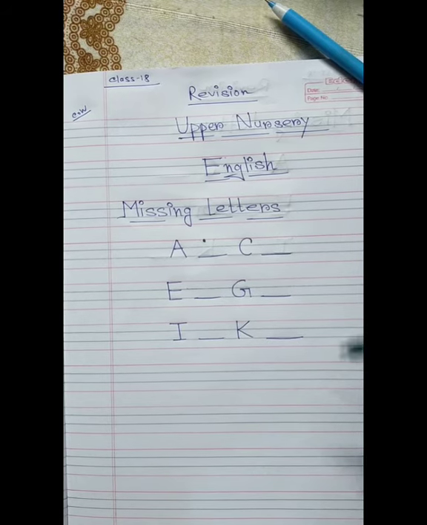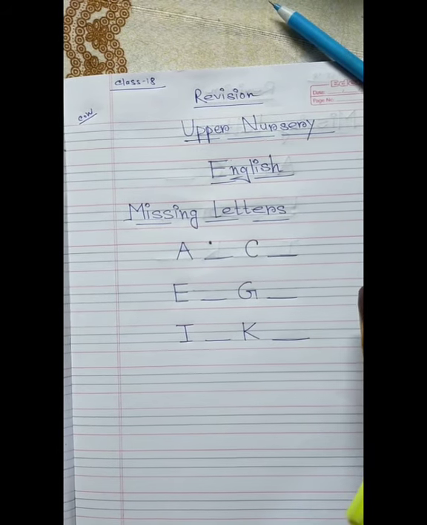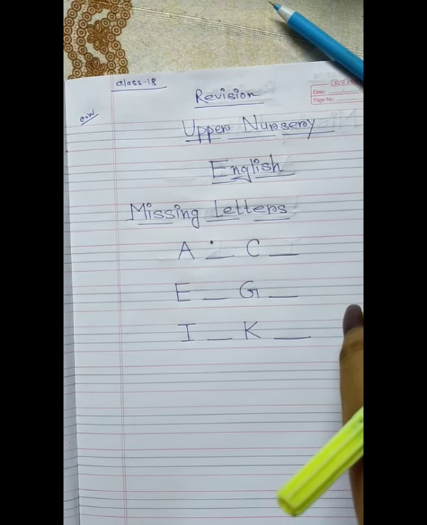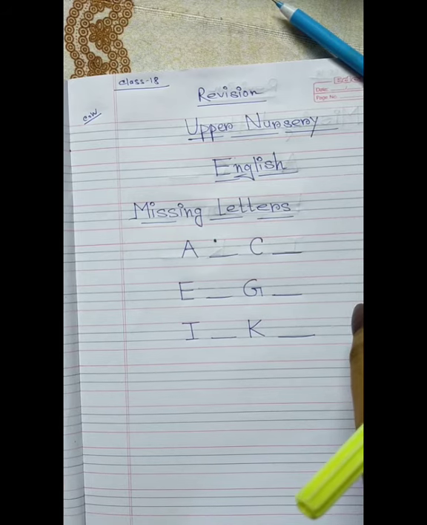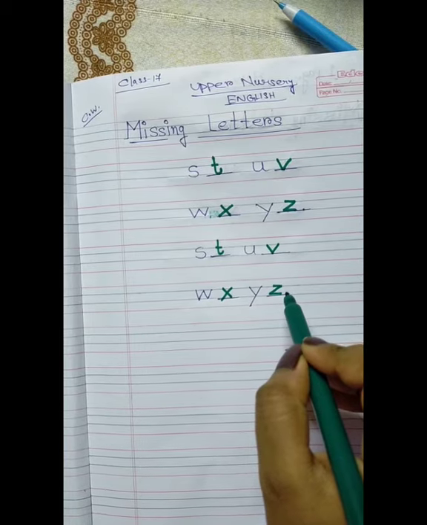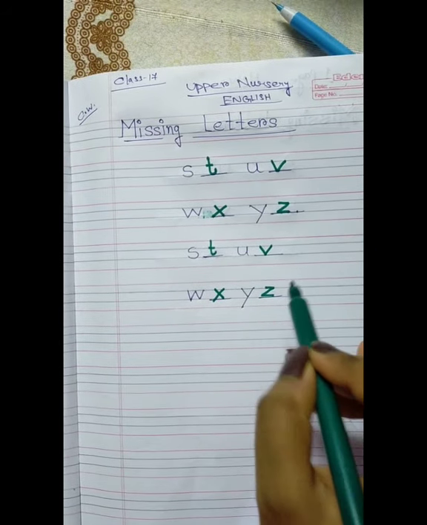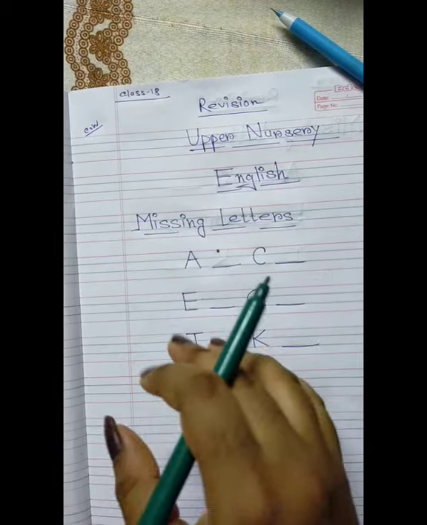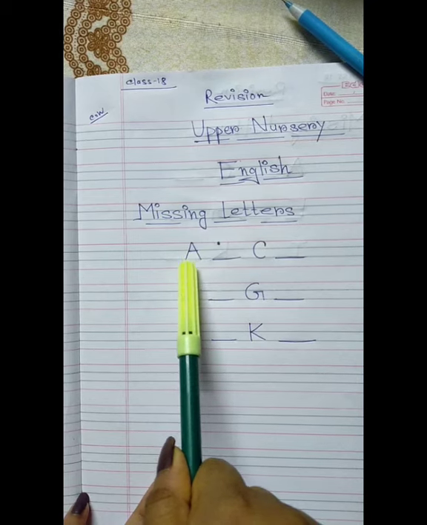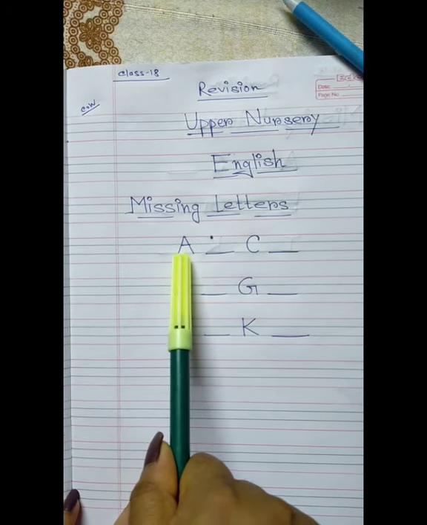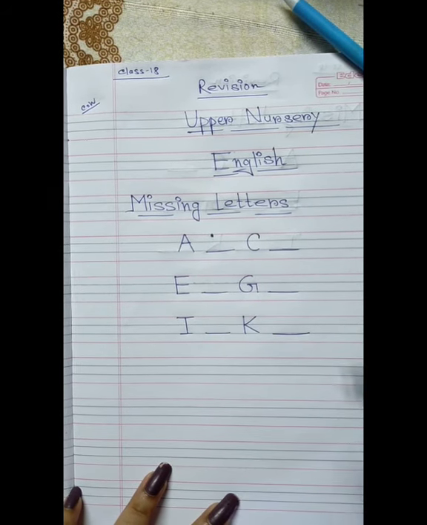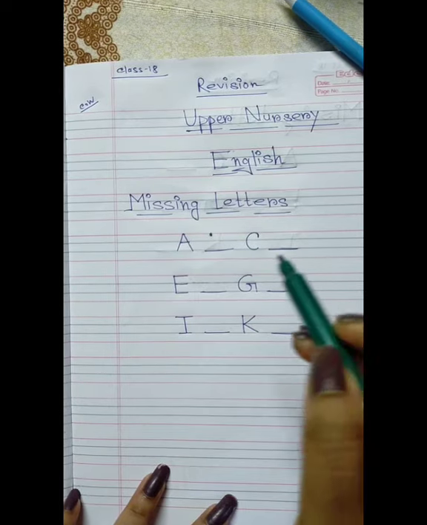I am again back with the English class for upper nursery. In your previous consecutive classes, I was going on with the missing letters, but in small letters. Let me show you. Till Z, I have already completed. And in that class, I announced that today I will take the revision. Yes, of course, revision in missing letters only, but it will be in capital letters. I have already taught you how to write the capital letters, so today is a revision. Let me start the class.